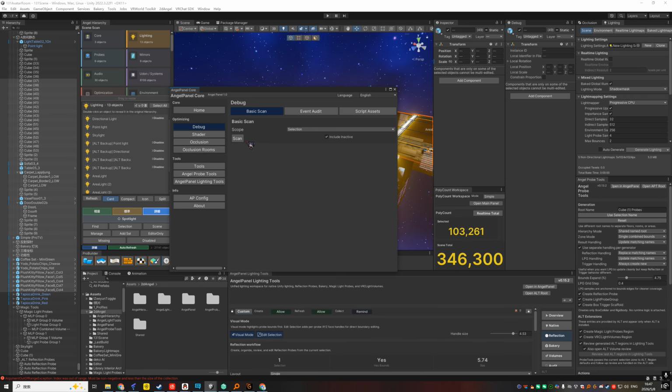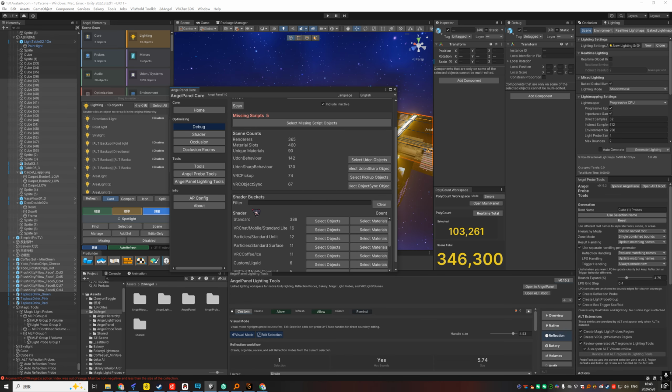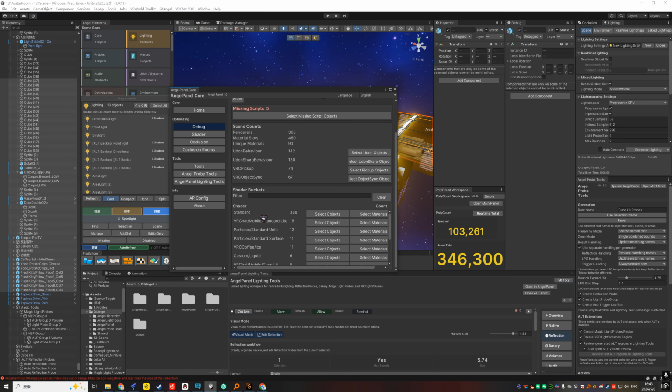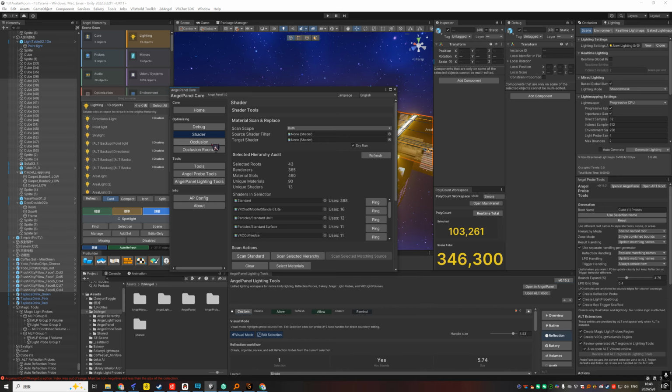And we have the debug page, which you can scan. It will tell you that you have missing scripts, you have renderers, the Udon behavior, the VRChat pickups, the object things, and we have the shader buckets. It will tell you how many shaders we use on anything, and we have event audit. It will tell you how many dangerous events you are using in your code. If you're a coder, then you need this a lot. You can scan runtime events